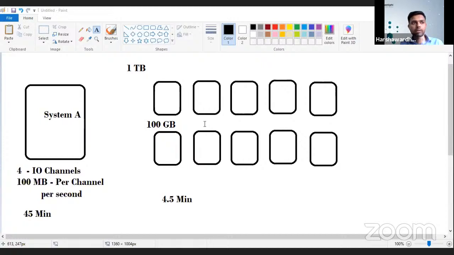Then what needs to be done? Somebody could come up with the idea of adding more nodes. But the more nodes you add to the system, the more administrative work there will be. You should take care of your cluster, and data again needs to be distributed. Somebody can say that we can replicate the data. Now, since you guys are not able to answer anything, let me just answer all your questions.